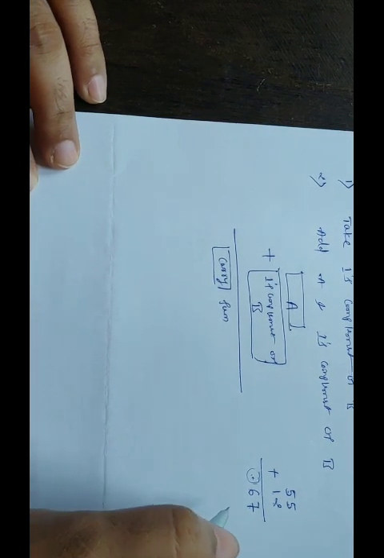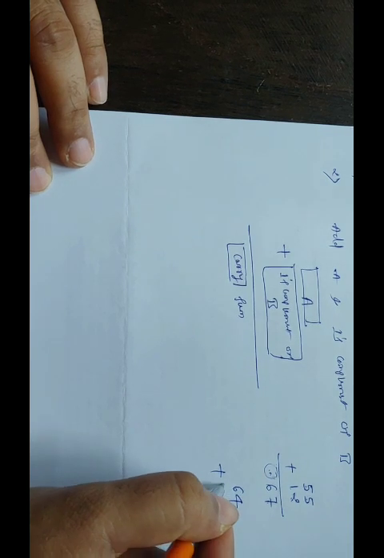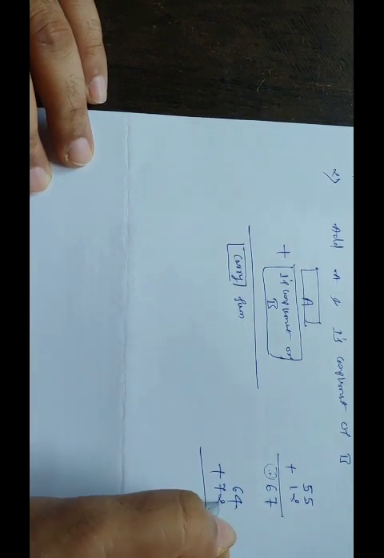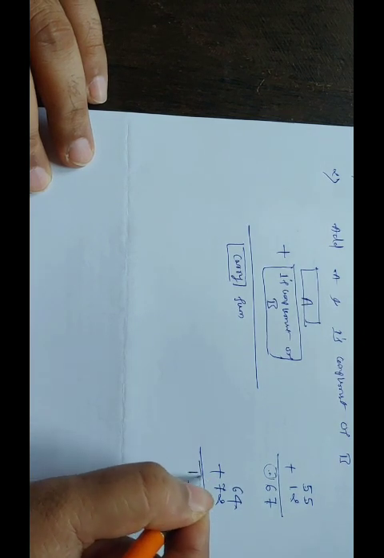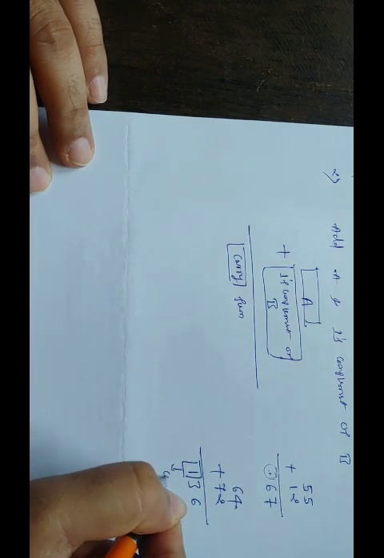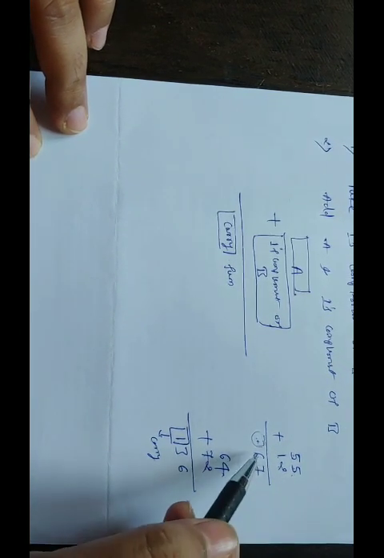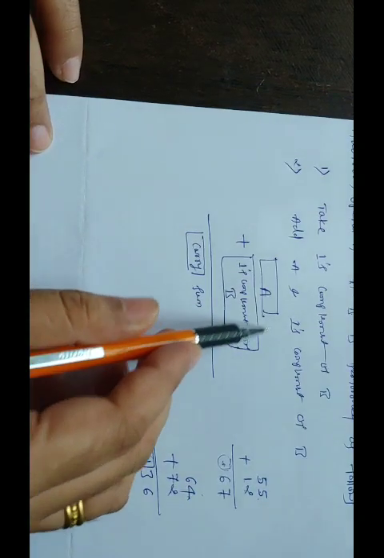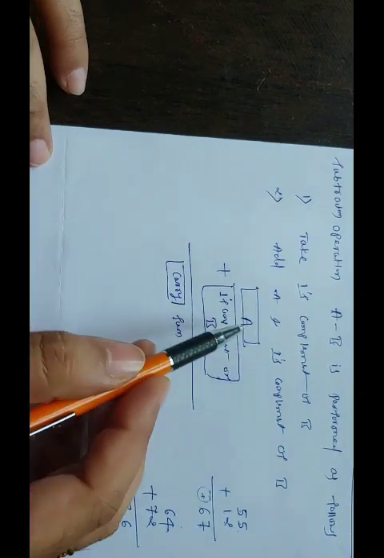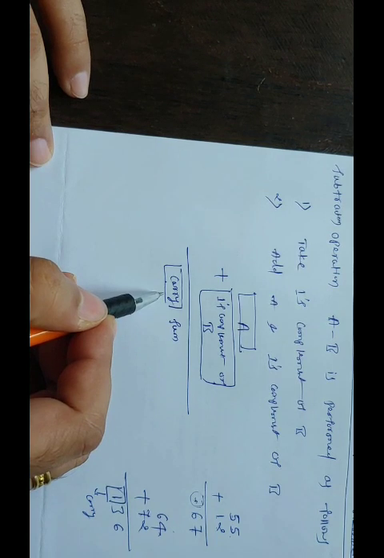Take a look at another example. If I add 64 with 72, then 4 plus 2 is 6, 7 plus 6 is 13. So this additional bit is nothing but our carry. That means after doing the addition operation we have two possibilities: either carry may be generated or carry may not be generated. Here it is the binary case, so we are adding ones and zeros. After that we are getting a carry as 1 or we are not getting a carry.